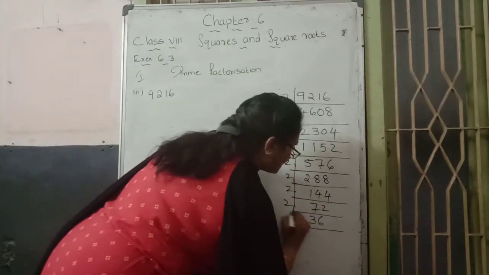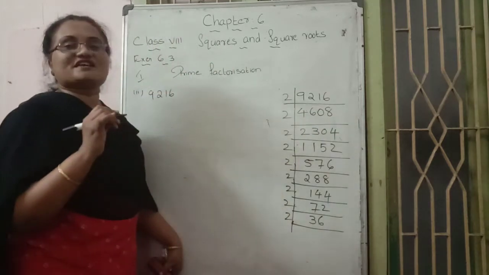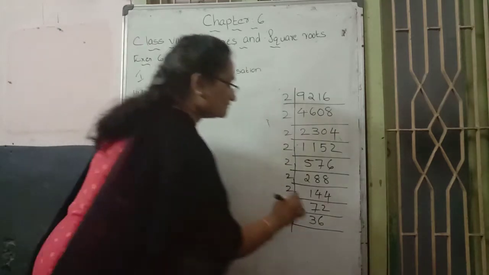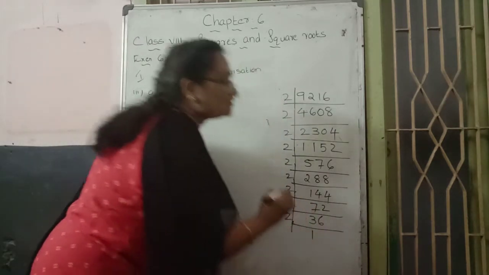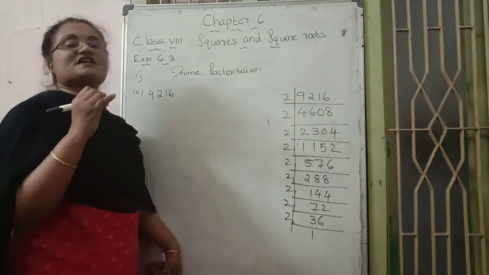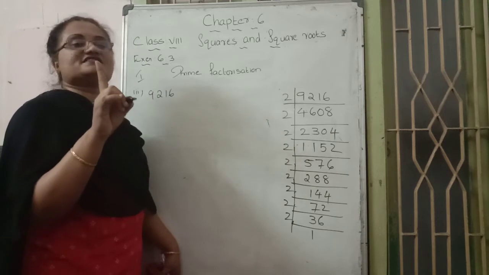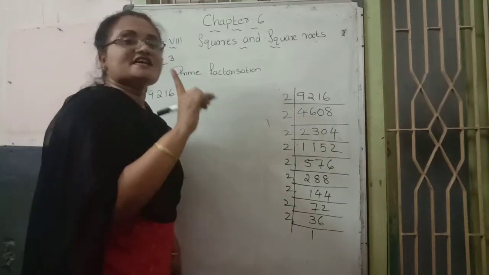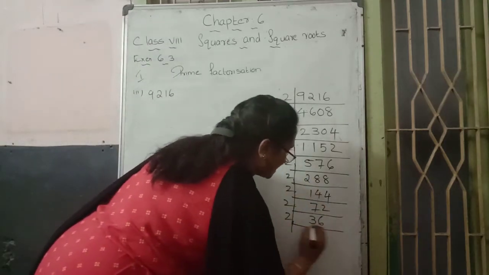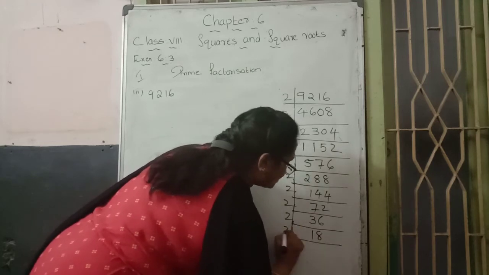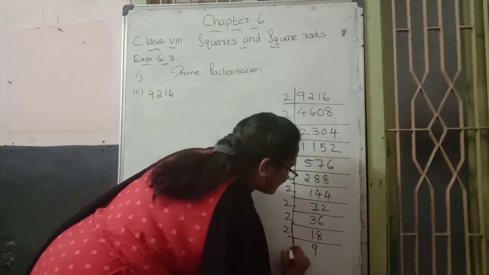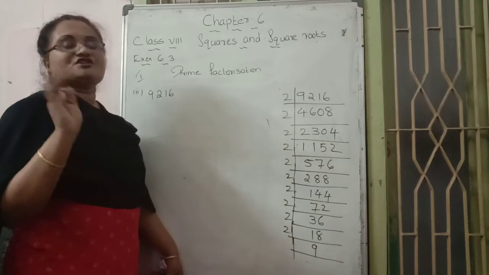Again continue with the prime number 2. Why? The unit place is 6. 6 is an even number. 2 table 3 is not there. Nearest answer 2 into 1 becomes 2. 3 and 2 subtraction, doing 1 as remainder, and 6 joining, 16. 2 table 16, 8 times. So 8, again 2 table 8, 9 times. Again prime number 2 is not possible.